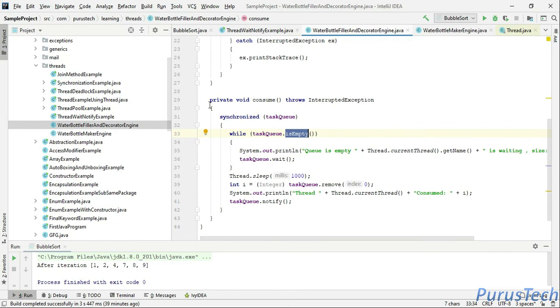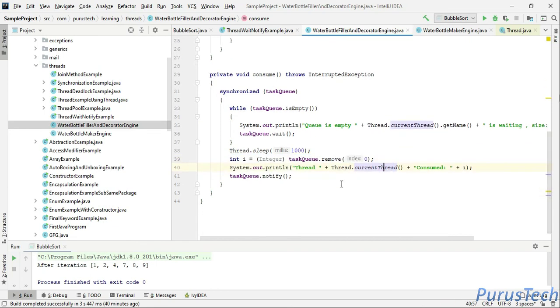When the producer produces one bottle, it will notify, and this consumer, your filler, will get notified and start removing from the task queue, do the filling and the decoration. And then it will notify that, okay, I have removed the item.